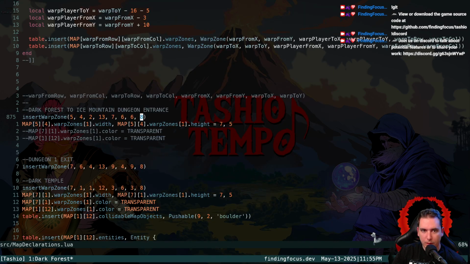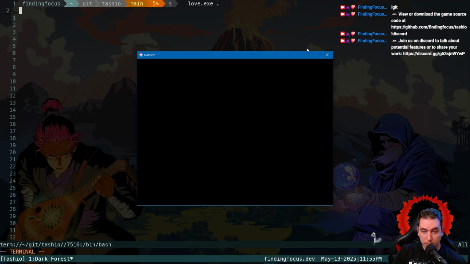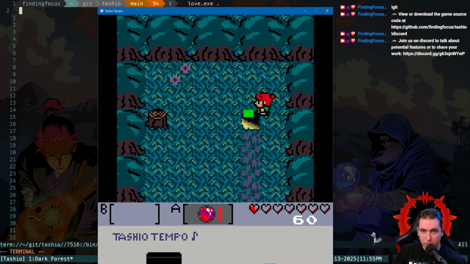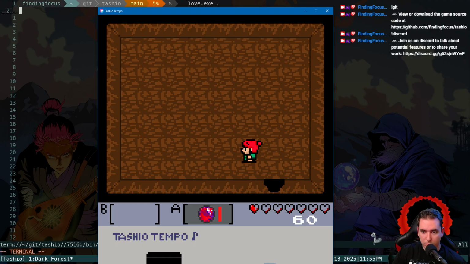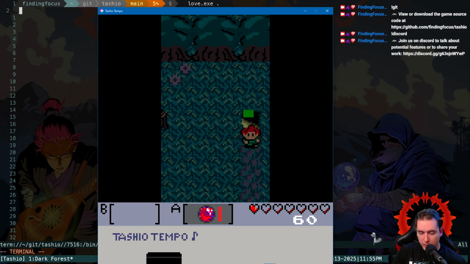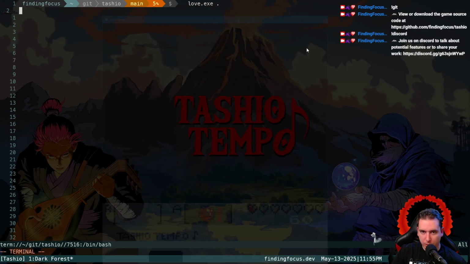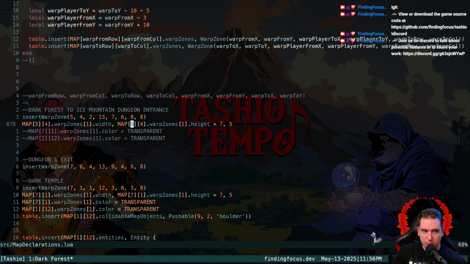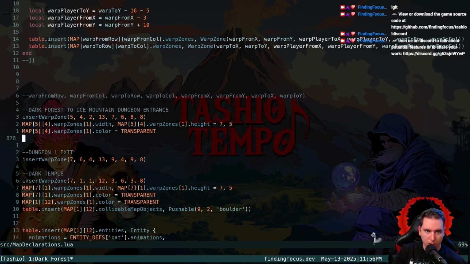Okay. 8 might be where it is. Nice. Okay, so we're in the 213 hidden dungeon here. It looks like our rendering's looking good. So we should be able to just set our 5.4 transparency. Okay, and then